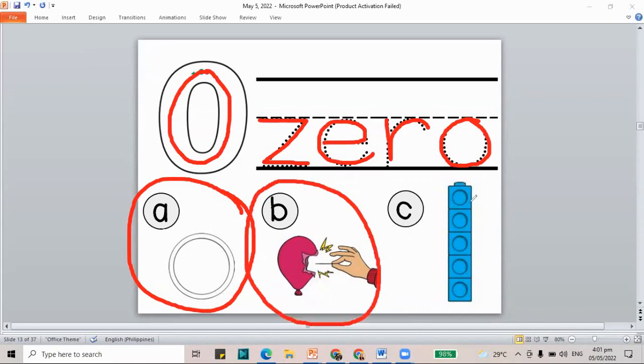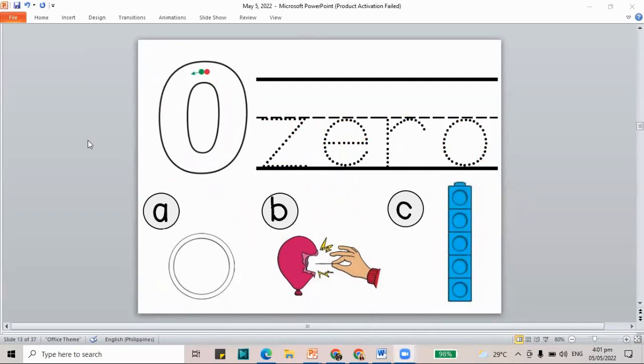How about for the blocks? The lined up blocks. Let's check. 1, 2, 3, 4, 5. I marked and I counted. It's 5, not 0. So the things that we have here for 0, an empty plate and a balloon that popped, that's 0. Now let's jump to another number. After 0 is the number